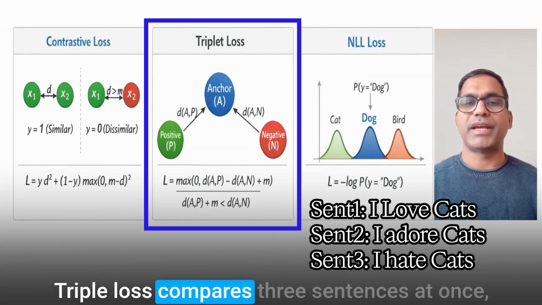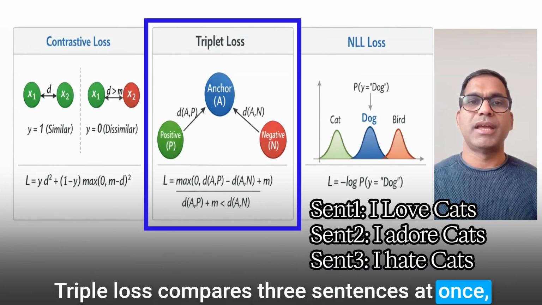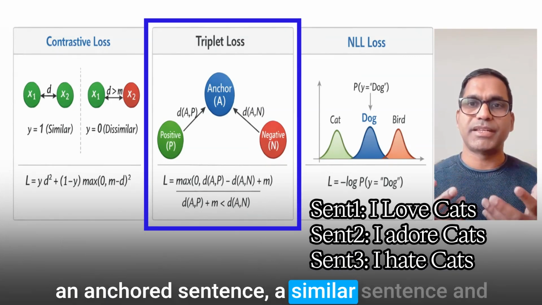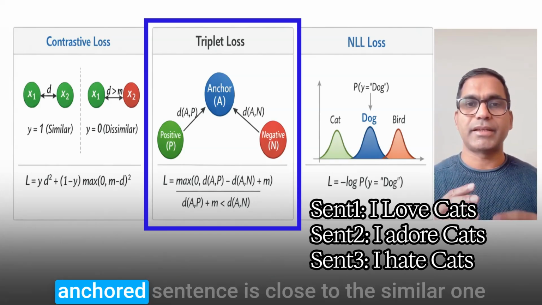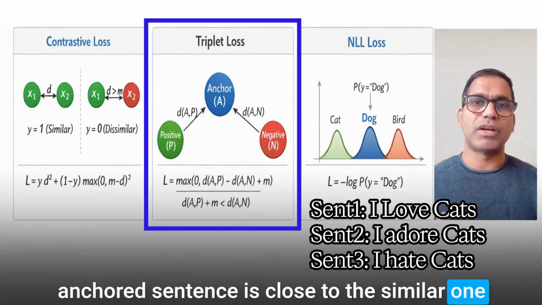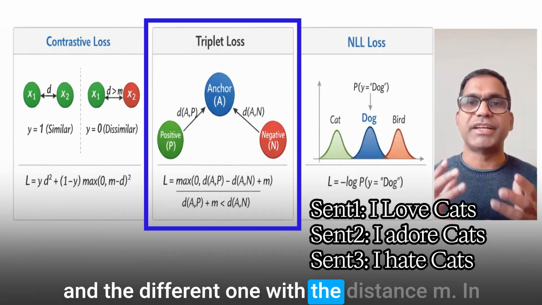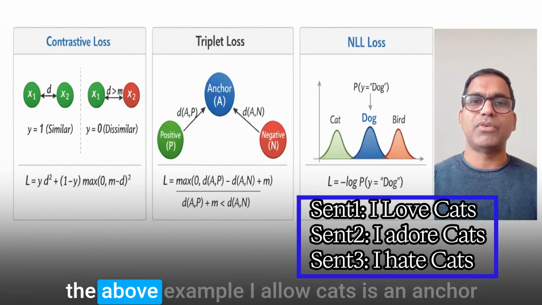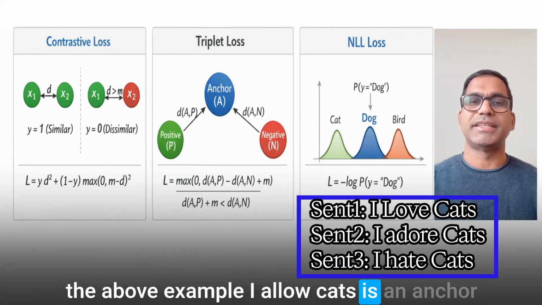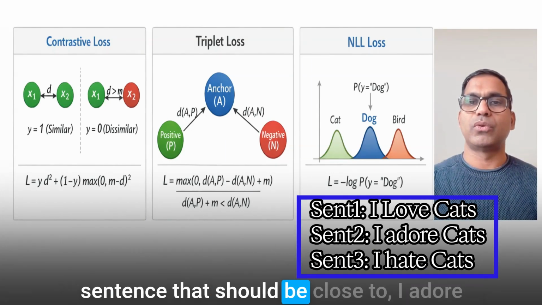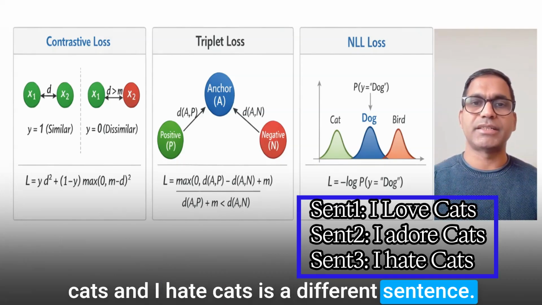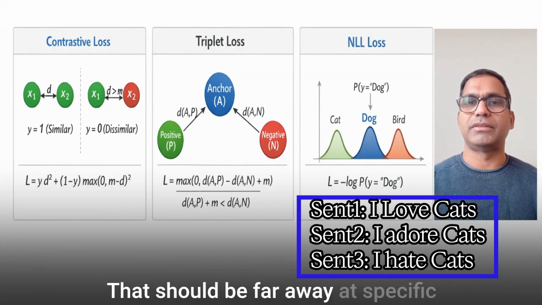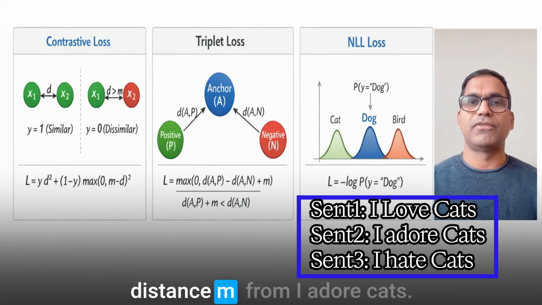Triplet loss compares three sentences at once: an anchor sentence, a similar sentence, and a different sentence, making sure that the anchor sentence is close to the similar one and far from the different one by a distance m. In the above example, I love cats is the anchor sentence that should be close to I adore cats, and I hate cats is a different sentence that should be far away at a specific distance m from I adore